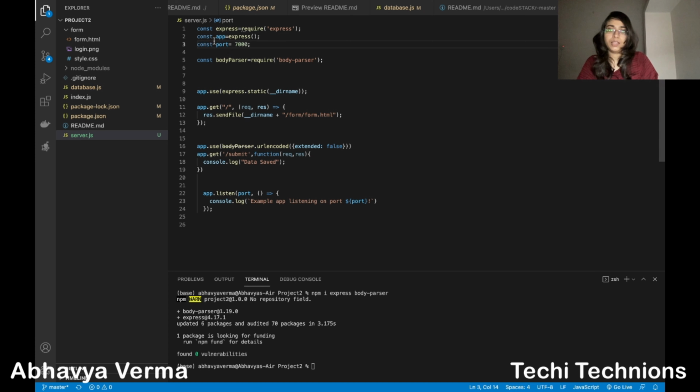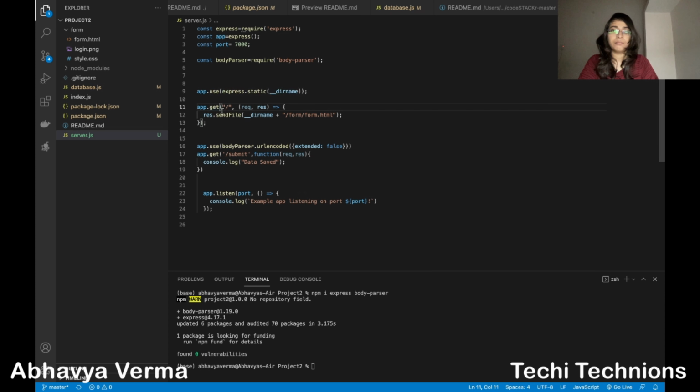Through app I'm using all the functionalities which are available in Express. Then the second one is I'm rendering my HTML page. When we do a get on this address slash, that is localhost 9000, this page will be rendered as the HTML form page.